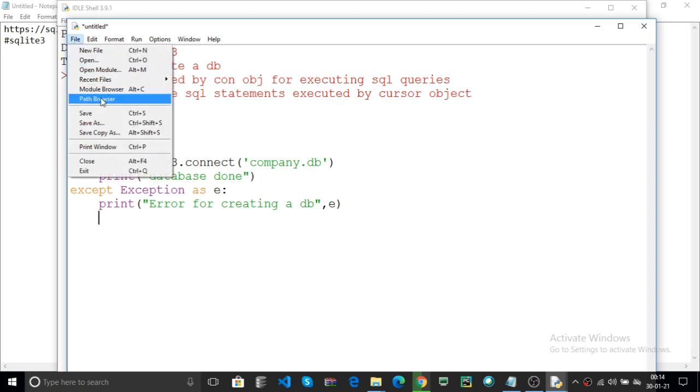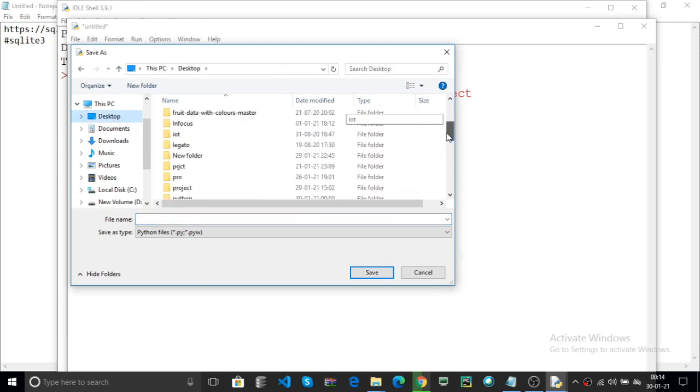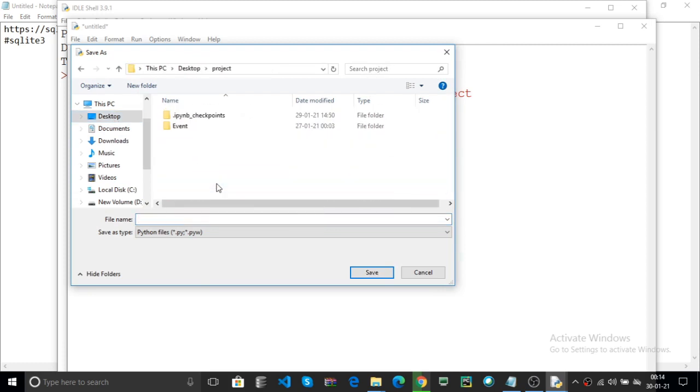Now check. First save your file. I save the file, for example with Save As, in the desktop Python folder. You can save anywhere, not a problem.